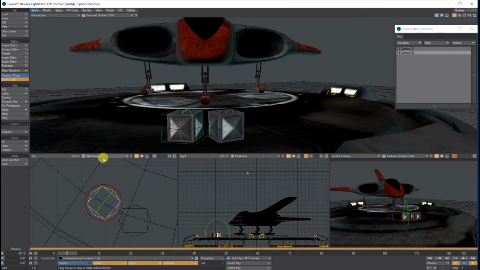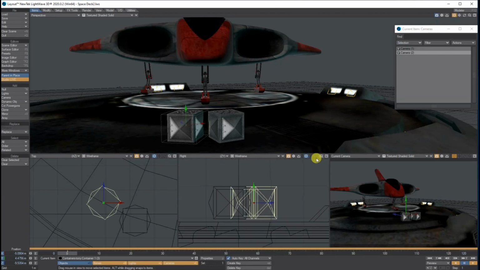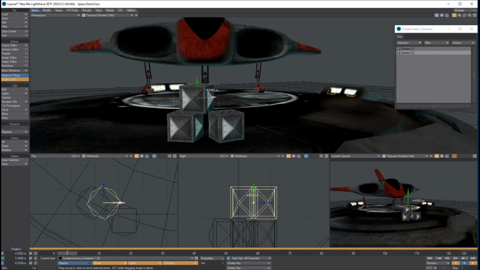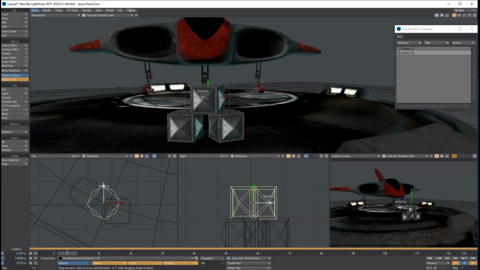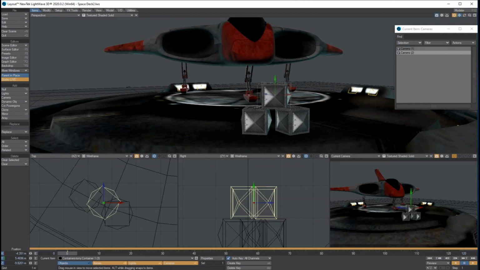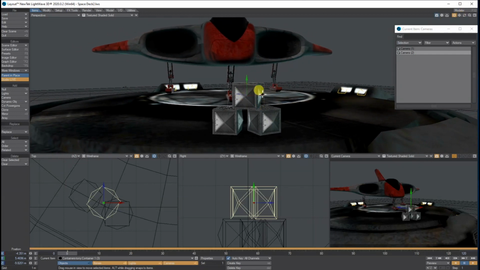The shortcut is Control and C on your keyboard, and it says do you want to clone it again. So we do, and I'm just going to zoom right in here. I'm going to pick it up, and let's move it so it's sat on top of these like that. You can actually clone as many of these as you want, so I'm just going to do 3.